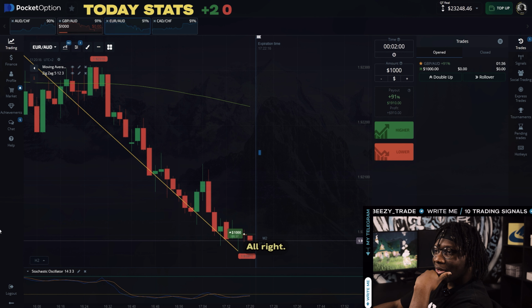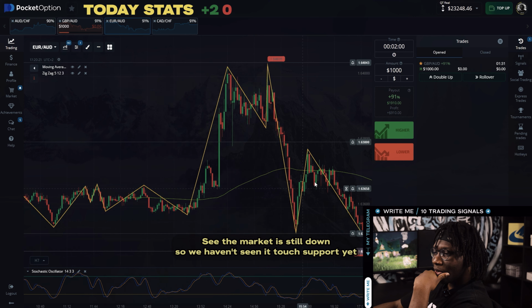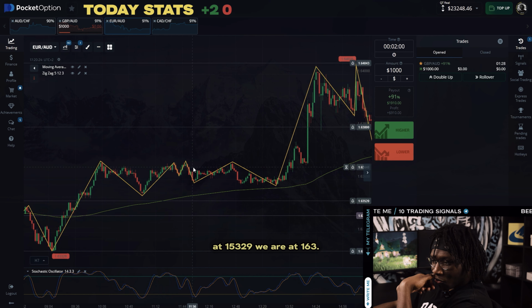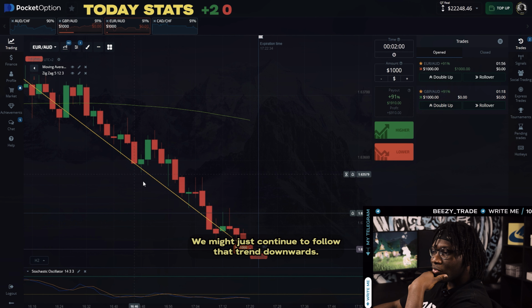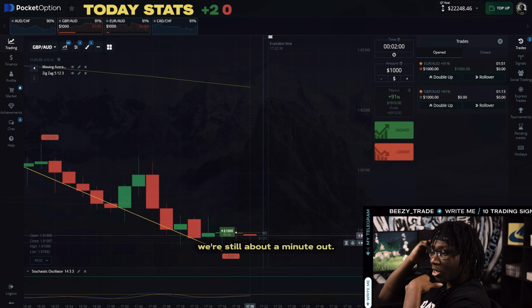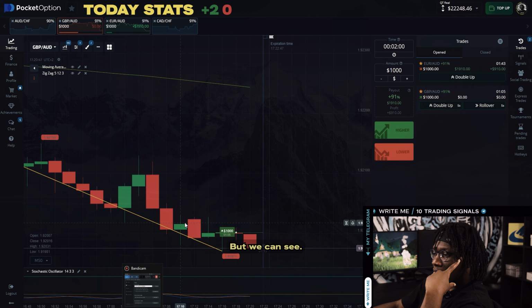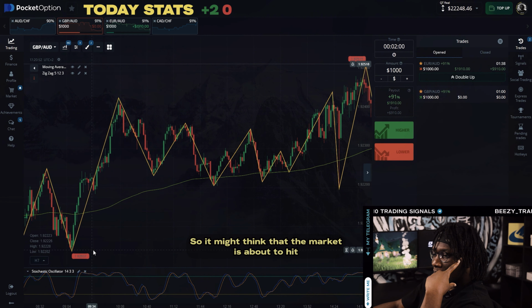All right, let's go back to Euro Australian dollars, and we can see the market is still downward. So we haven't seen it touch support yet at 15329. We are at 163. So this might just continue to follow that trend downwards. And right here, we're still about a minute out. I think we're close to hitting 20. But we can see the market really pulled in the other direction. So we might think that the market is about to hit